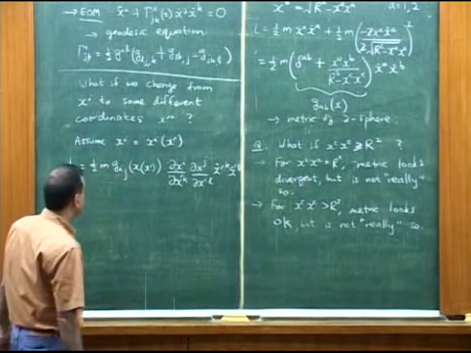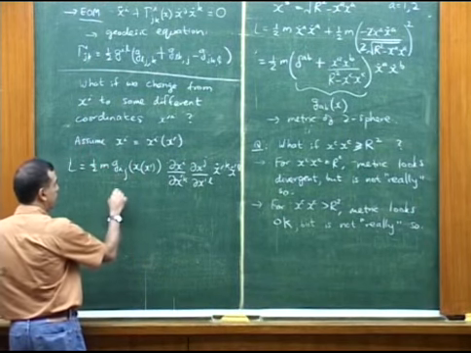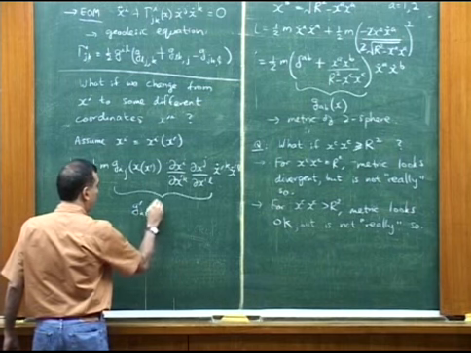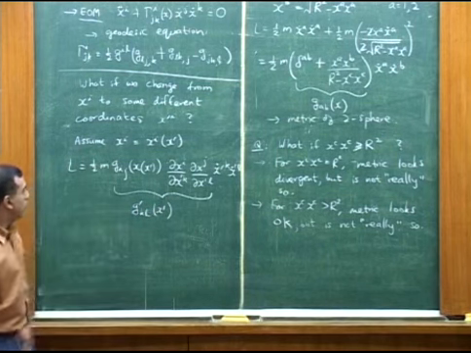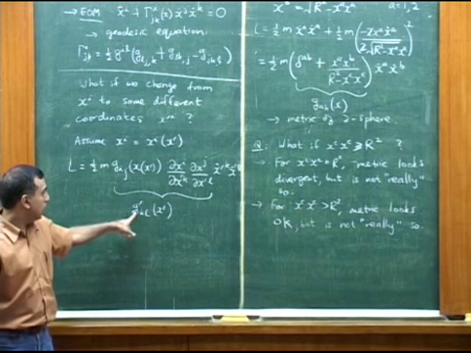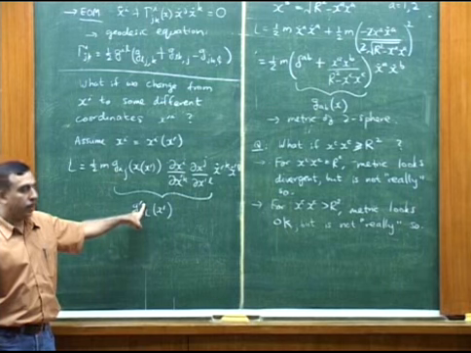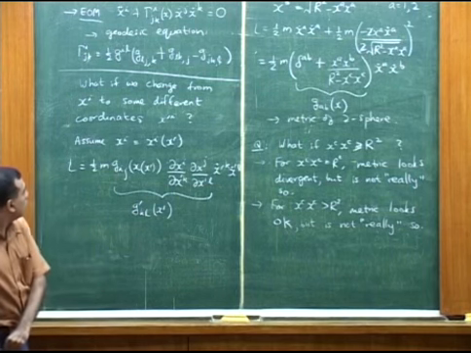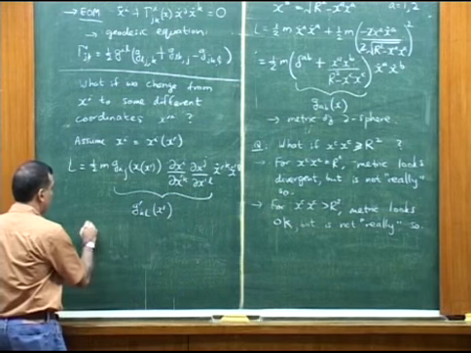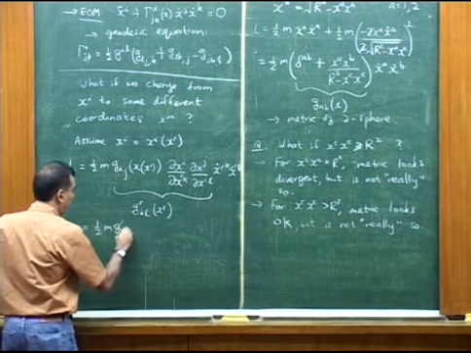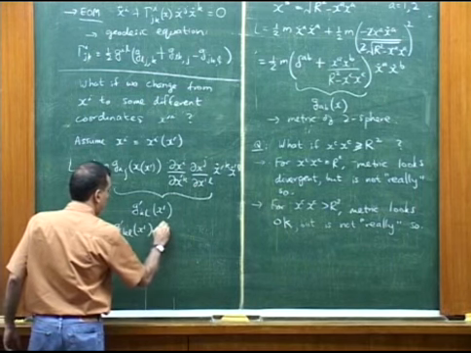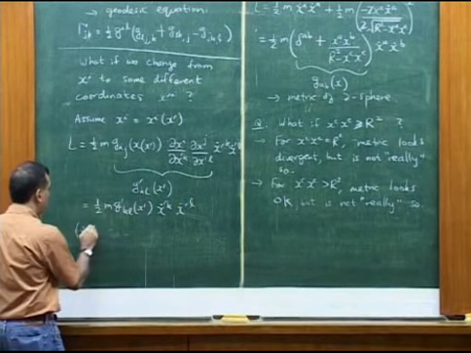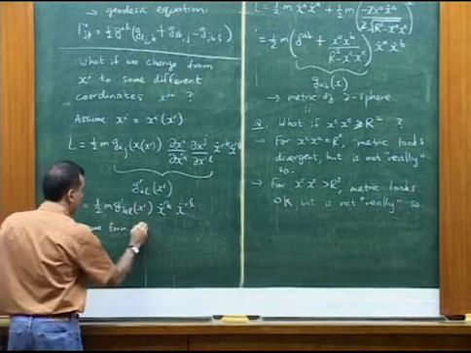If you're okay with this, we now have the opportunity to decide that this whole thing, if we write it as G prime kl of x prime, this is the definition of G prime. What does G prime mean? It means the metric in the new coordinate system, evaluated directly as a function of the new coordinates. If we do that, then the Lagrangian is this, and it has the same form as the original one,